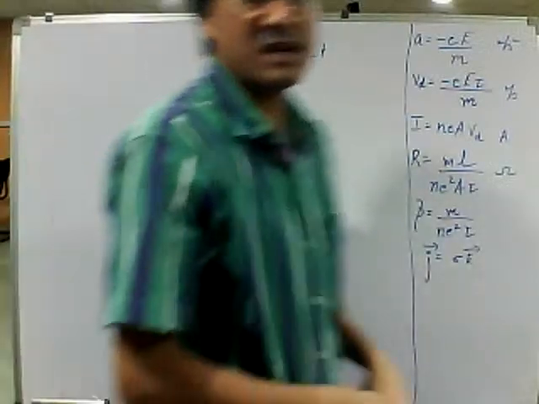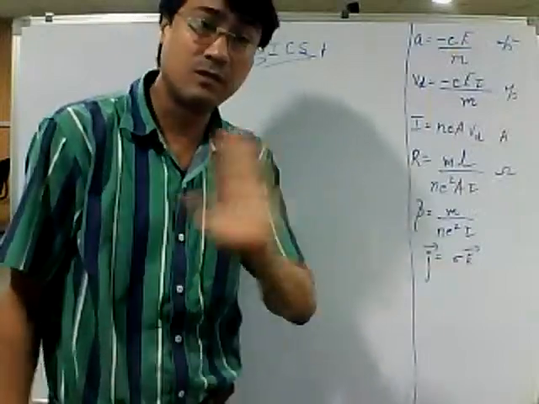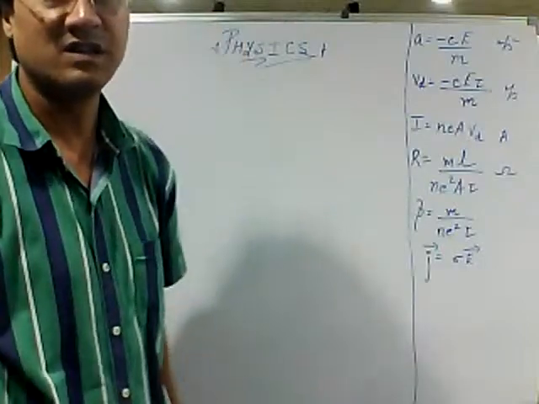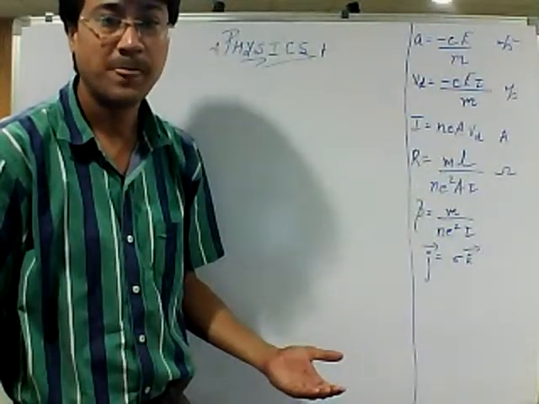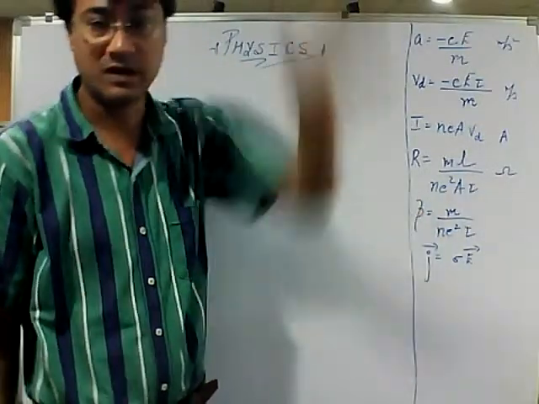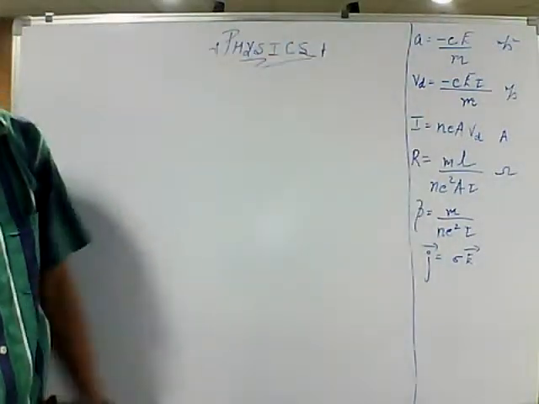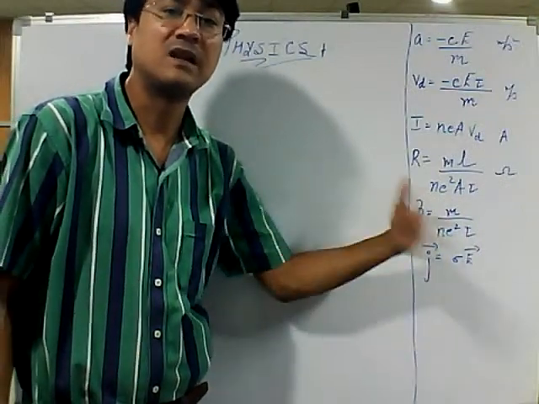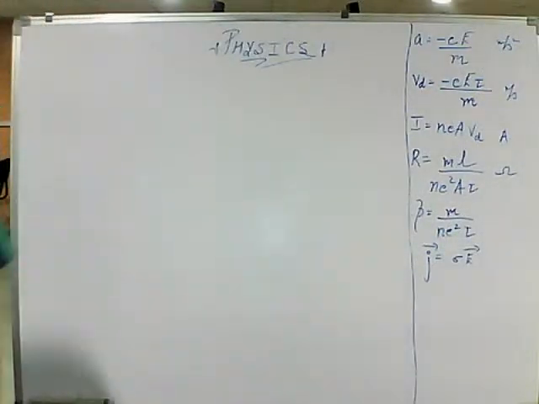Why? Because many a time you don't directly get a numerical question based on this. Always don't go into numerical. Many a time it will ask you questions related with relaxation time, drift velocity, or the resistance of the wire. You need to calculate, or tell the factors, if it is increasing or decreasing. So multiple factors they can ask through these expressions. These expressions are important for you to make out the depending factors rather than just the values. Remember this part. Okay, let's do a question for today.